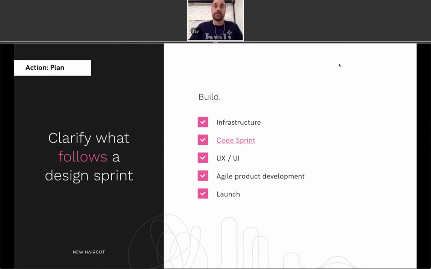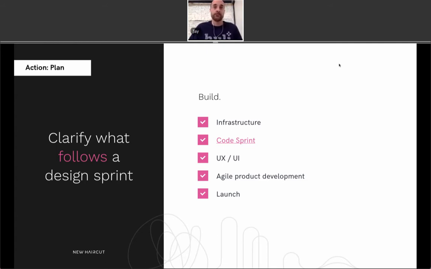By you guys, if you're coming from a design or engineering background, right? So all your infrastructure planning, code sprint. I'm sorry that we continued to butcher the word sprint, but we did. We use a code sprint as it's the week that follows after the design sprint, and that's where our architects and engineers can do some experiments to decide how they'll actually build the technology, which stack we use,